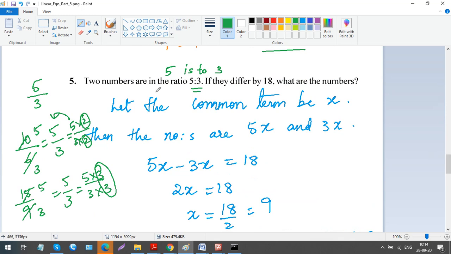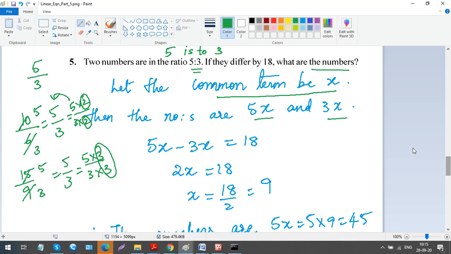So we don't know what the numbers are, and they are asking us to find them. We will have to first write the common term, because we know that there is something getting cancelled, and that's how you got 5 over 3. So we will say let that particular common term which got cancelled be x. That's our first assumption. Let the common term be x. Then the numbers are going to be 5 into x and 3 into x, right? This x only got cancelled, like in the earlier case where we had 5 into 2 and 3 into 2. Like that, in this case 5 into x and 3 into x. So we are going to find the x now.